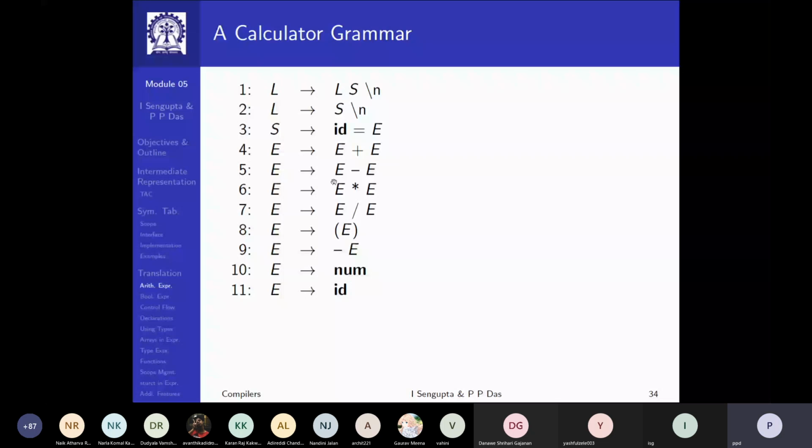Then for expression, we are just taking a number or identifier, and then we have an assignment, which makes it a statement. And on the top, we have two rules, which basically make a list of statements. So there are no separate declarations for variables. A variable assigned is assumed to be a variable declared.